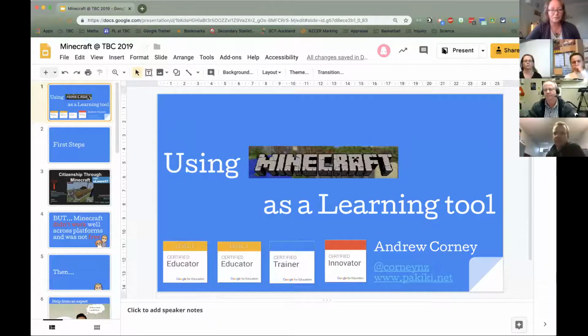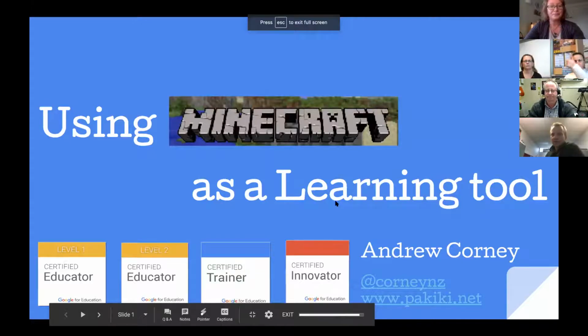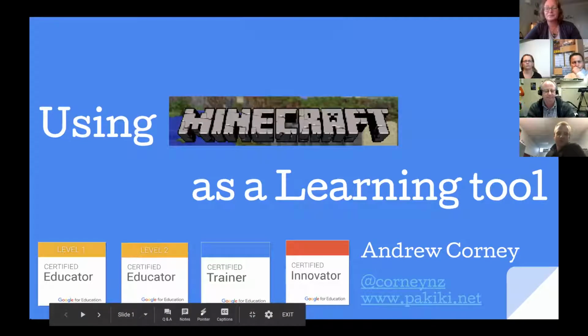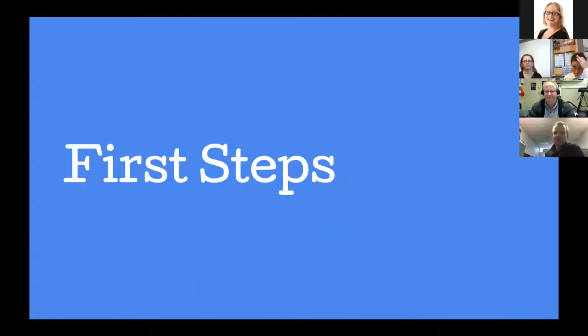Now, hopefully someone will be able to give me the thumbs up to say that they can see my screen. Yes. There we go. Okay, cool. Now, I thought I'd throw this on there. So I'm a Google nerd. I love all the Google stuff. So I put my flash little badges up there on the title screen. And obviously, Minecraft is a Microsoft product. So we're sort of jumping between two worlds here, because you're either Microsoft or Google,